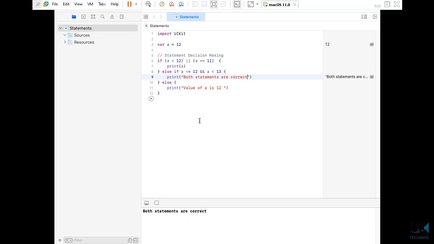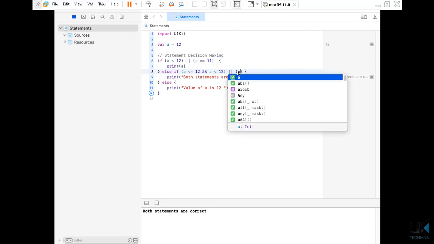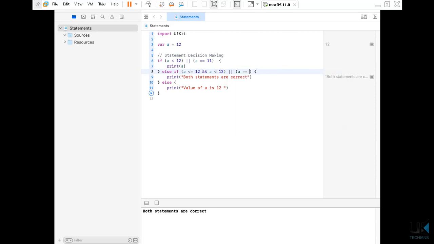You can add these statements like this, or you can also add another statement like this. This is the one condition here, right? This is all one condition. What I am doing here, I am creating an or operator, adding another condition and saying or. Let's say that this condition is false. I am adding here less than 12, right? And adding here if a is equal to 12.